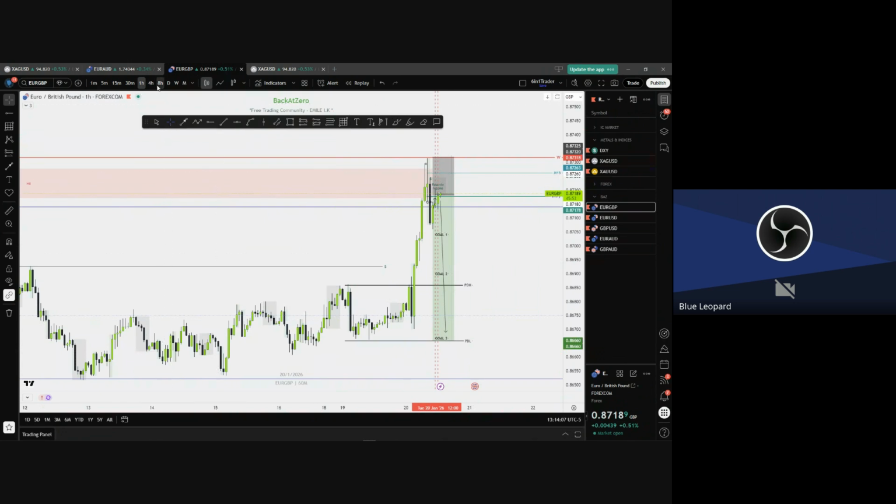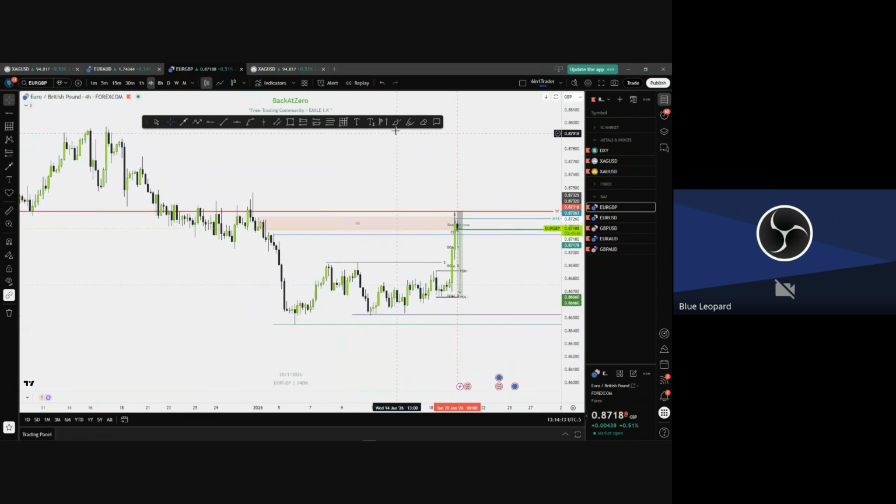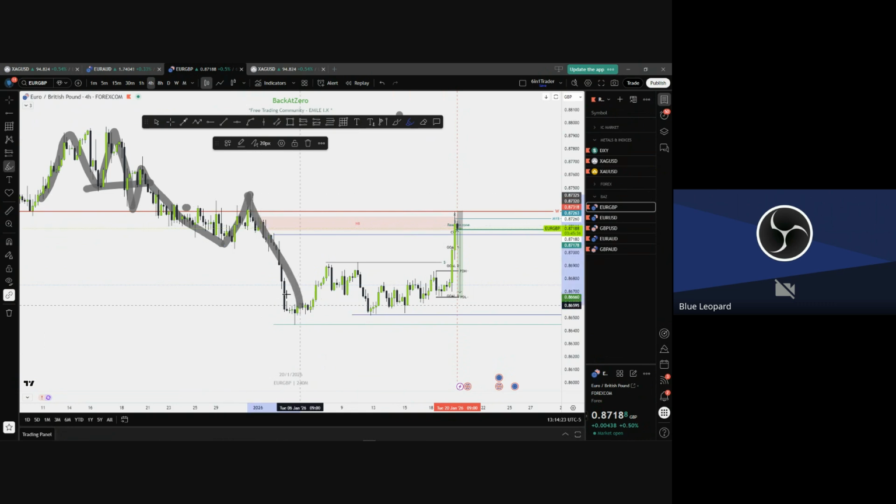Because here on H4, look at what we have here. We have high, low, then price breaks out of this, gets low, and then retraces inside and then breaks again. Now we have a bearish range. Okay, this is a bearish range.